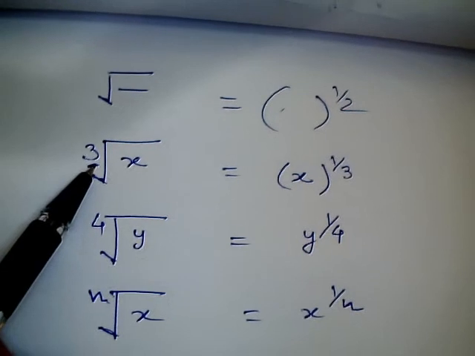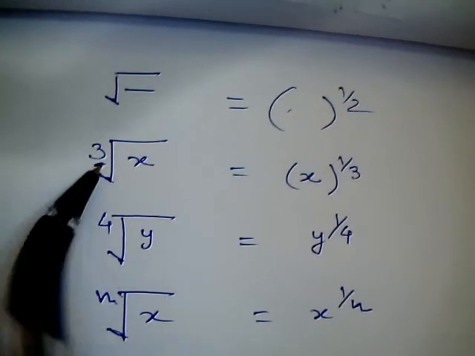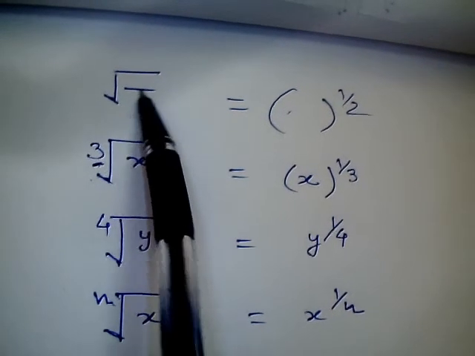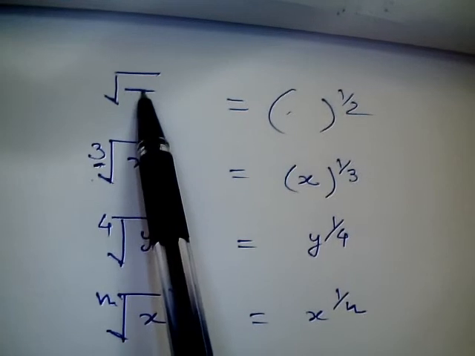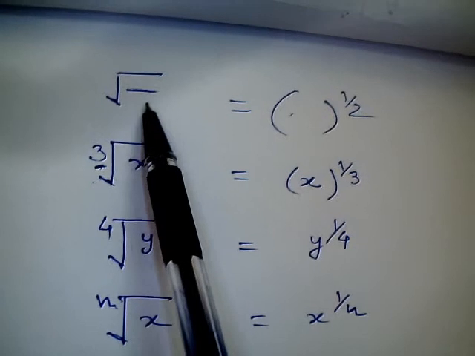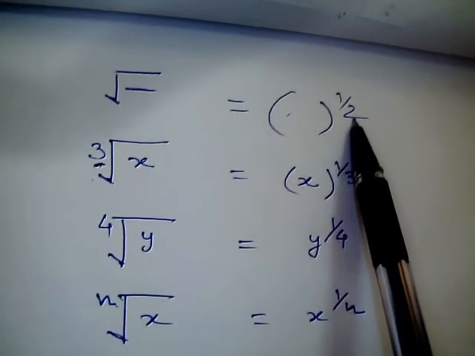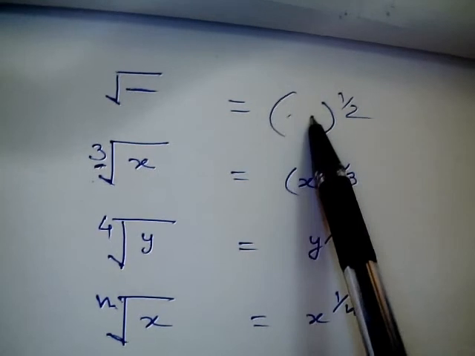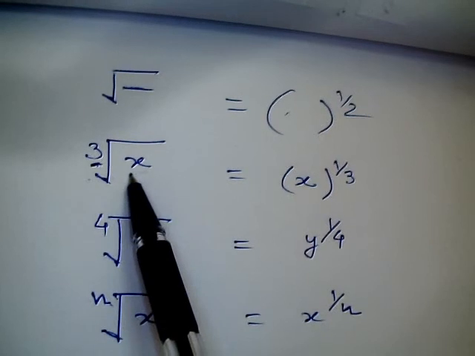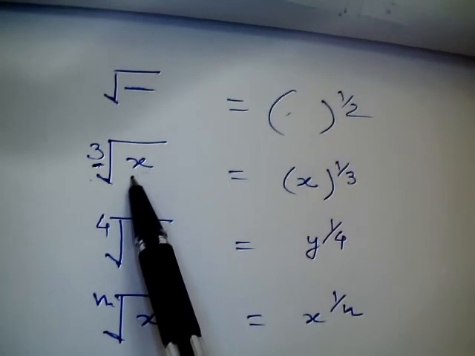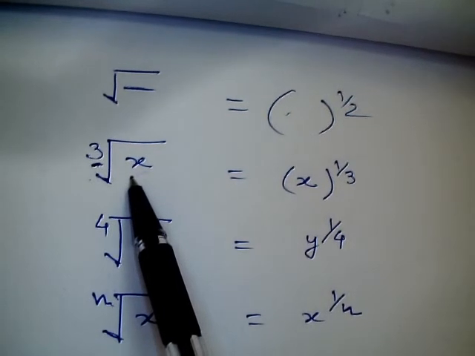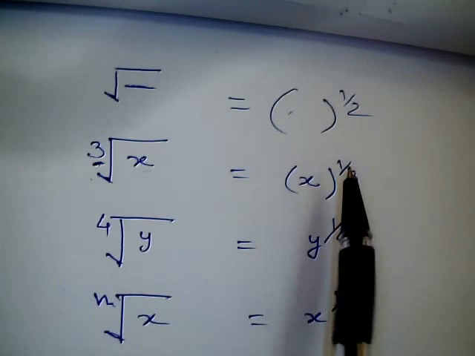To calculate the square root, we break down the number written inside this sign and look for pairs. If it is in a pair, because the power is 2, to cancel out the power 2 we need the number in square form, so the 2 will cancel out. Here it is 3, which means the number written inside the sign needs to be in the form where the same number is repeated 3 times. If it is repeating 3 times, then for index 4 it is 4 times, and for index n it is n times.